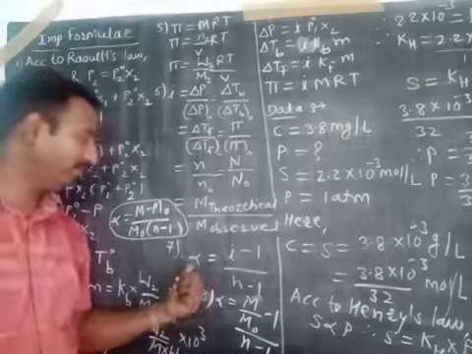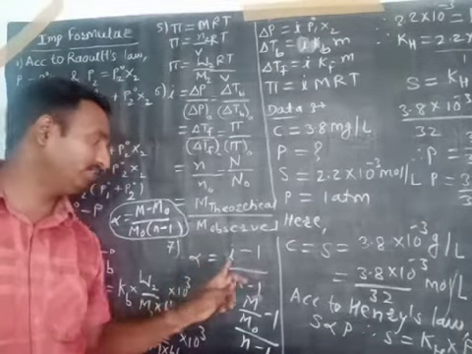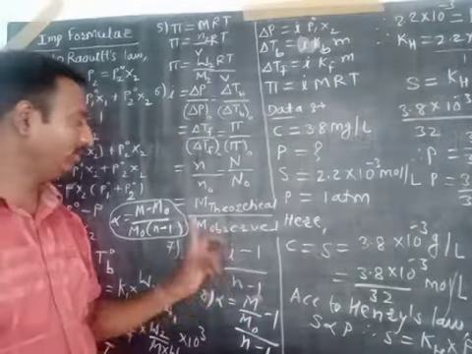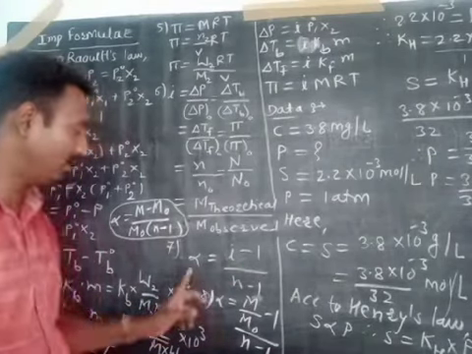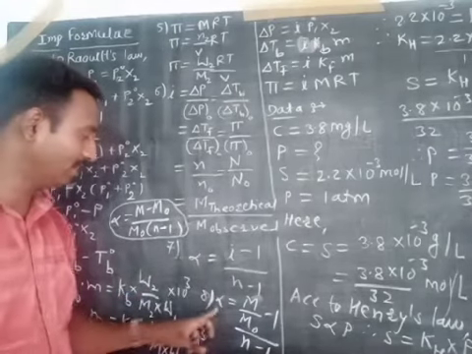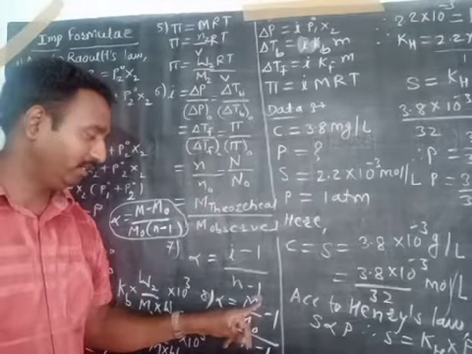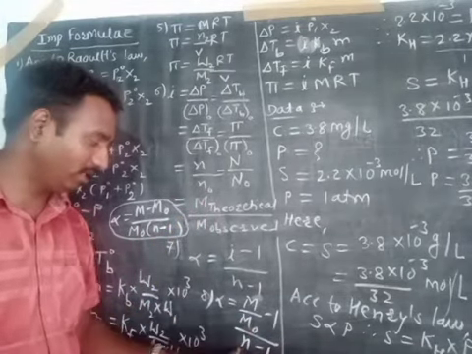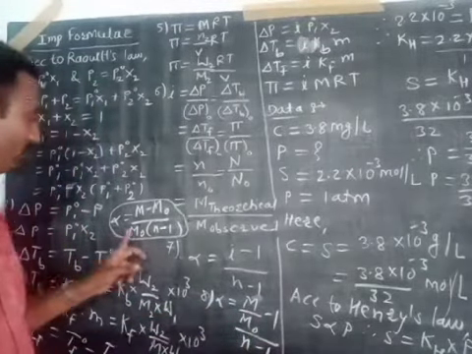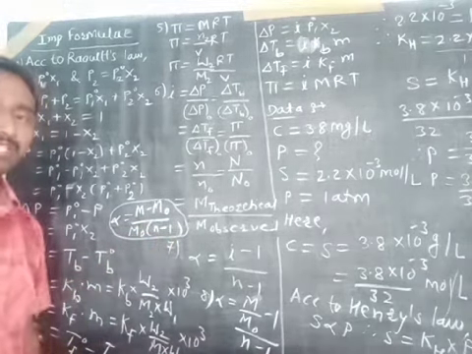Now, the last derivation is related to degree of dissociation, and that derivation was alpha is equal to i minus 1 upon n minus 1, where i is the van't Hoff factor, n is the number of ions, alpha is the degree of dissociation. We can change this formula as alpha is equal to, for i we can put molar mass, M theoretical upon M observed minus 1 upon n minus 1, and while rearranging this term, we will get the formula alpha is equal to M minus M0 upon M0 in bracket n minus 1.